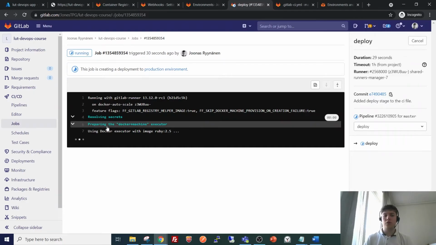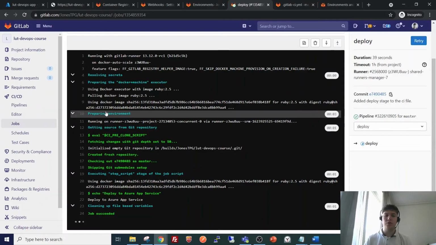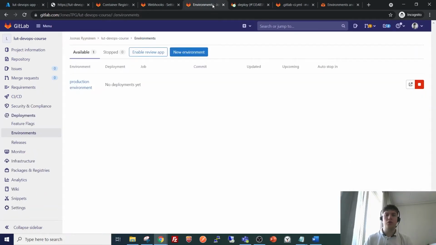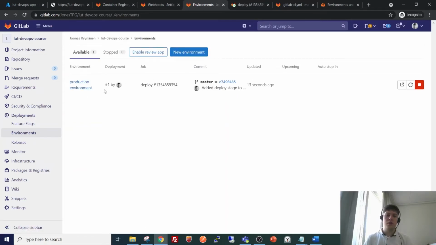This shouldn't take very much time since it only echoes the one line that was defined in the CI file and then makes the deployment. So it seems that here is our echo, and now if we see our environments, there has been a new deployment here as it automatically appeared here without refreshing. So now the pipeline seems to be working correctly,